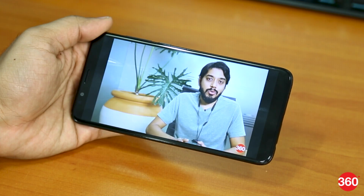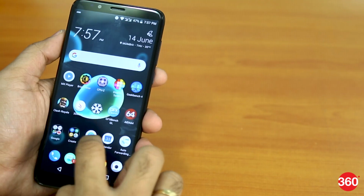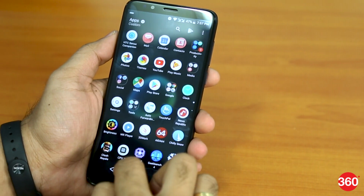In our HD video loop test, the phone went on for 9 hours and 43 minutes, which is about average. With our usage, we found that the phone could last us for one full day, needing a charge the next morning to soldier on. The Desire 12 Plus is the latest smartphone from HTC for the mid-range segment, but honestly,